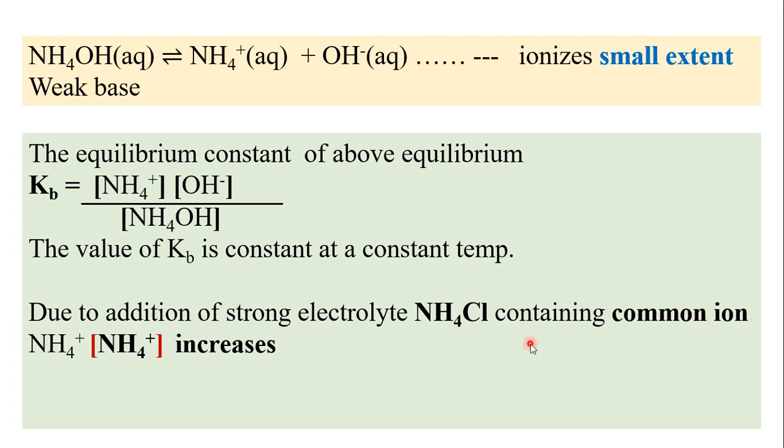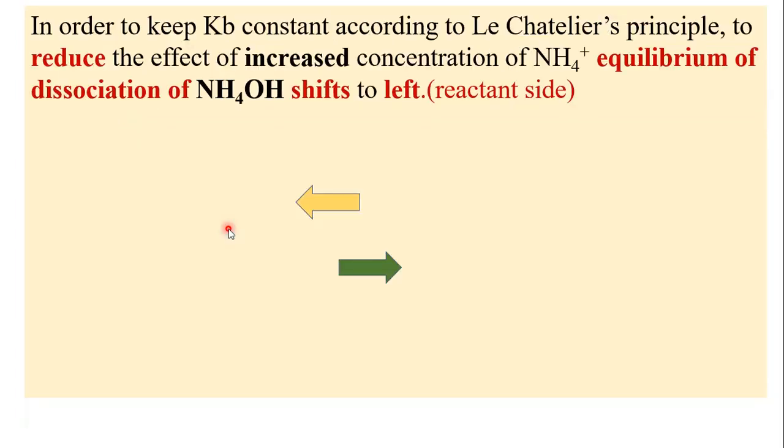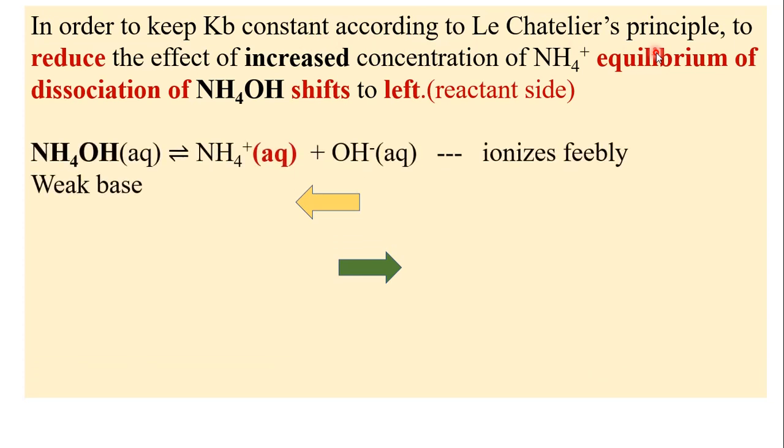So due to addition of a strong electrolyte such as ammonium chloride, what happens here? The concentration of NH4 ion in the solution increases, and in order to keep the Kb value, that is the dissociation constant, constant, according to Le Chatelier's principle, to reduce the effect of increased concentration of ammonium ion, the equilibrium of dissociation of NH4OH shifts to the left side, that is towards the reactant side,